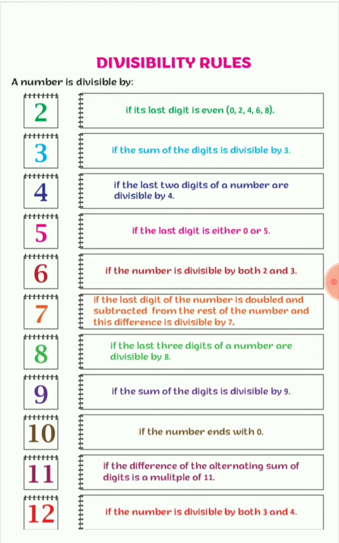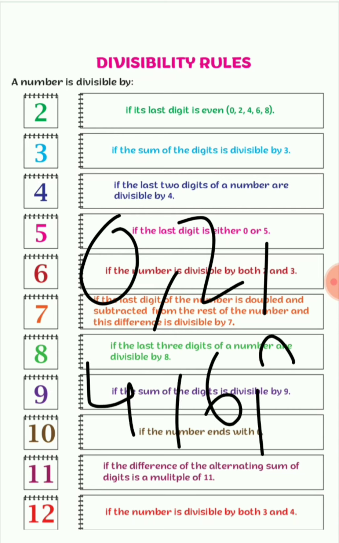I am going to discuss the divisibility rules from 2 to 11 again, then I will start from 12. To check the divisibility rule by 2, we just quickly check the last digit of the given number. If the last digit of the given number is 0, 2, 4, 6 or 8, then the given number is divisible by 2. Another way it can be told is that if the last digit of a given number is even, that is 0 or 2 or 4 or 6 or 8, then the given number is divisible by 2.